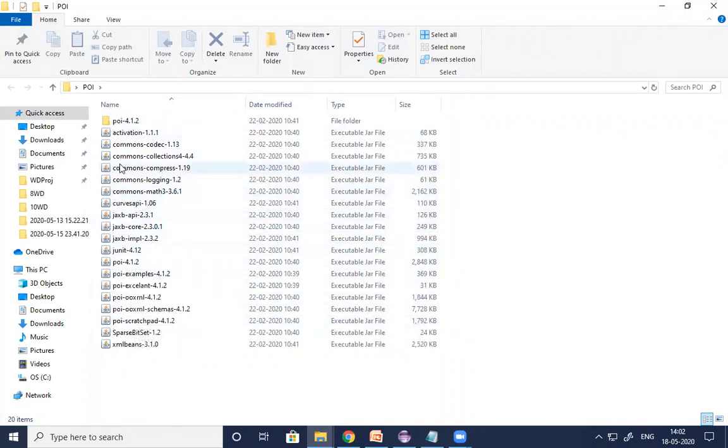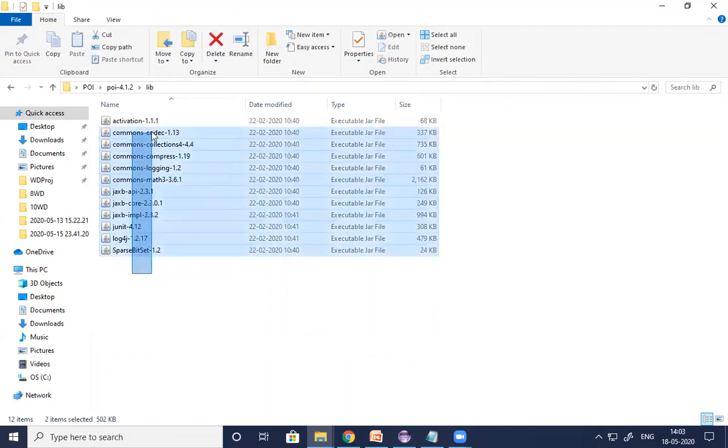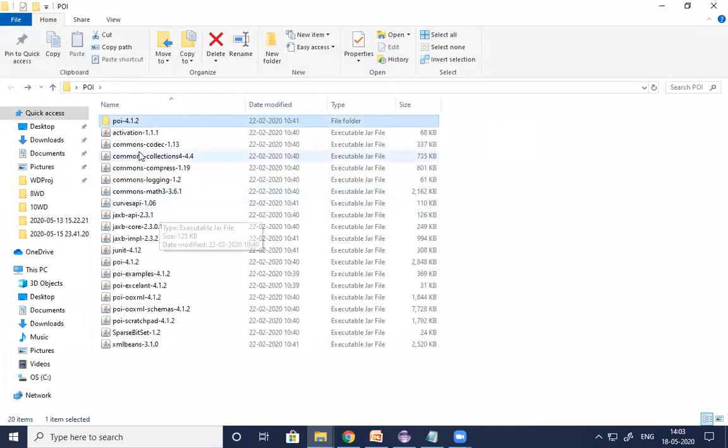So what you need to do, once you extract the zip file, you can see poi like this, and here these jar files. These jar files are not sufficient to work here. You need to go to the libraries. And here in libraries also some jar files we have. Keep everything in a single place like this and configure all these jar files with Eclipse. So how many jar files are there in that extracted folder? All the jars you need to configure with Eclipse.